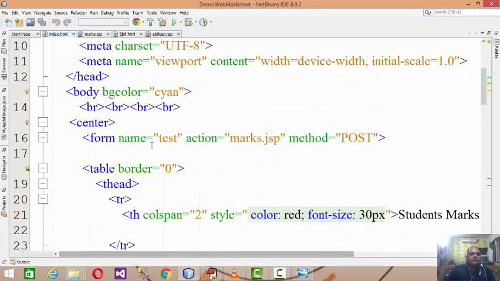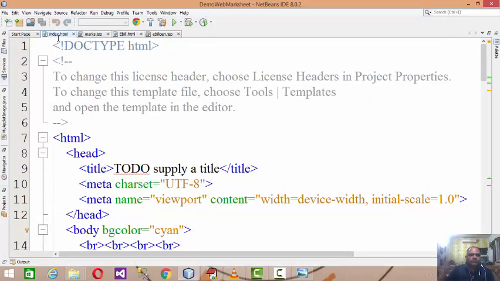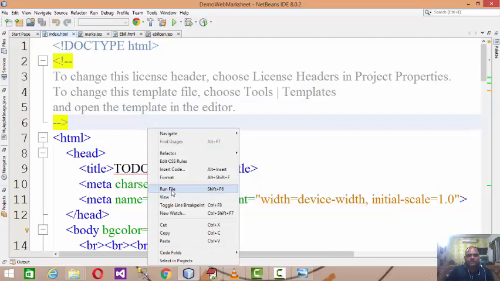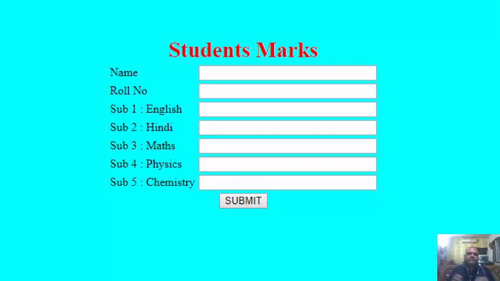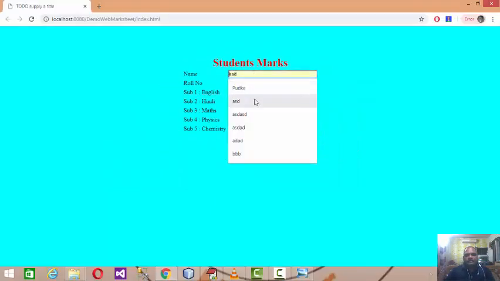Now, first of all, I'm going to develop a first UI, user interface, for generating a marksheet, right? Let us say if I run this project, here is your interface. In this interface I am going to accept the data for generating the marksheet from the student, that is name, roll number, and all 5 subjects marks.